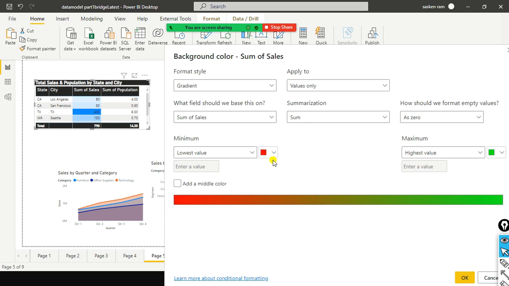Now the question is, okay, anything in between, can I use amber color or yellow color? Yes, add a middle color. When you click on this, the middle color will get added. So here by default it has chosen some amber kind of color. Okay, now if I click on OK, what will happen is the conditional formatting, whatever we did, will get applied